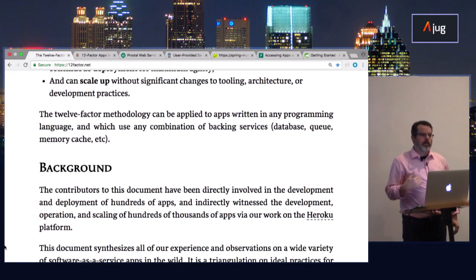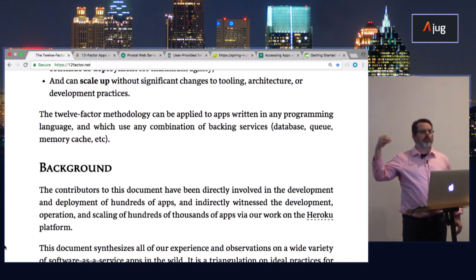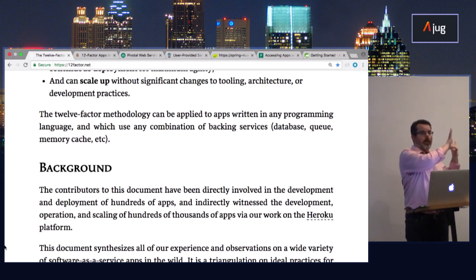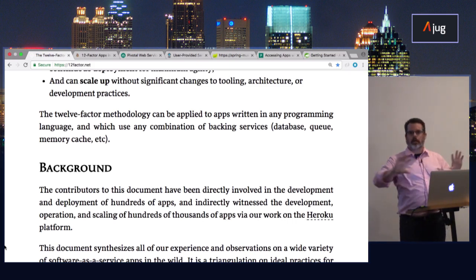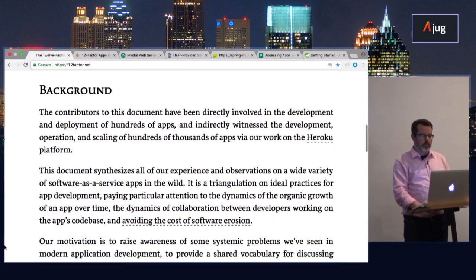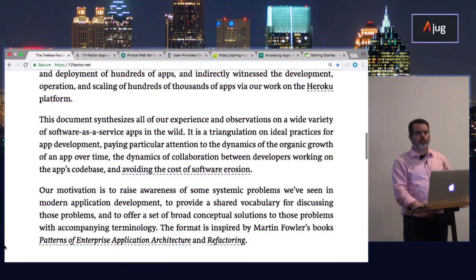The 12-factor methodology is not required to use a platform as a service. If you take these principles and use them in your everyday application development, it makes your life a lot easier. One of the biggest challenges I had when I worked with people trying to transform into a more agile, microservice, fast and lean environment is getting their heads around some of these concepts. So Heroku said, this is what we do in order to make our development work faster, better, cheaper, and so on, and minimize downtime.